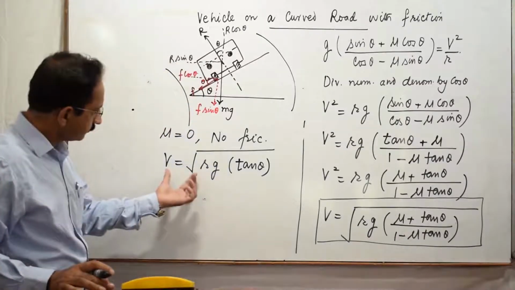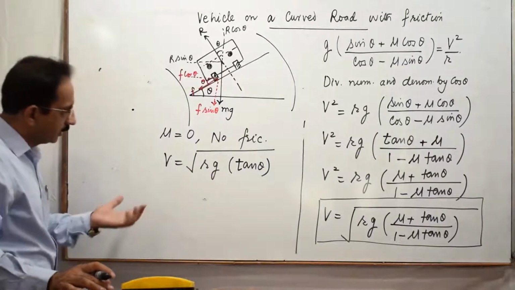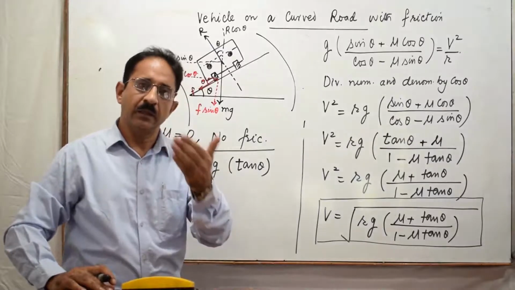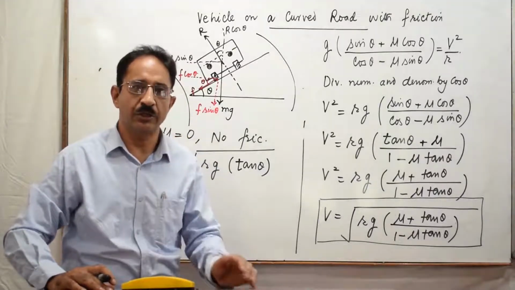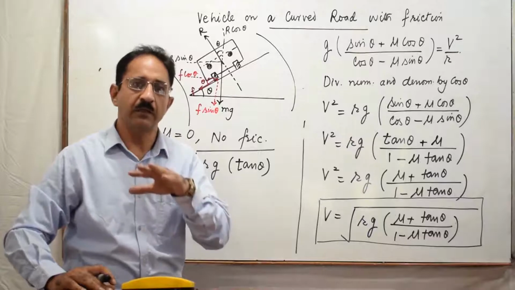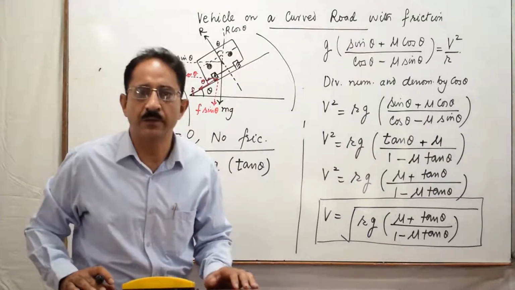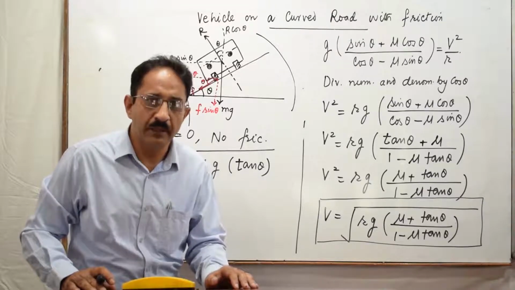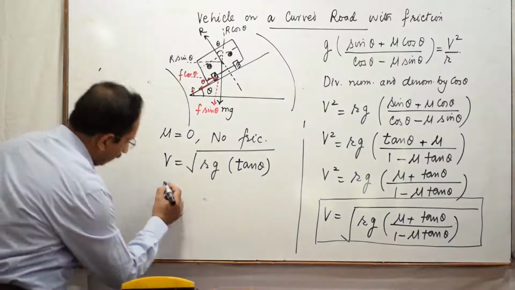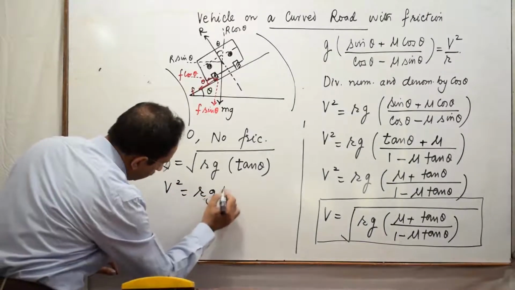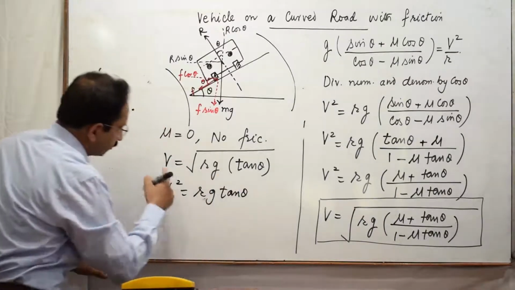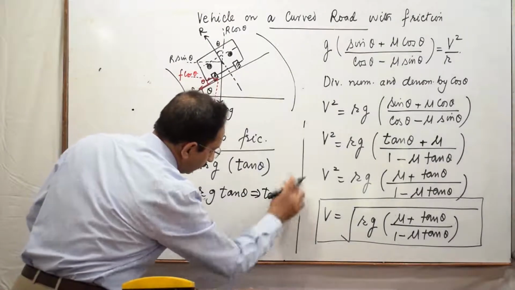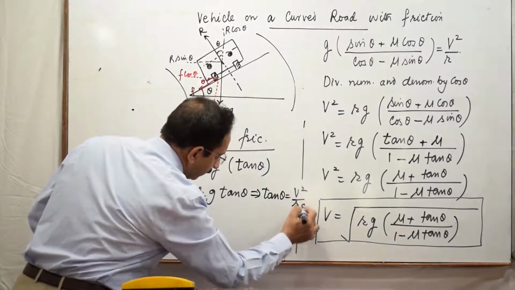And from this equation, you can also obtain sometimes कि अगर आप चाहते हैं कि एक खास velocity से vehicle को negotiate करना है, फिर road की banking कितनी होनी चाहिए, that becomes a very useful concept when we think of an aeroplane or a cyclist bending or leaning. तो उसके लिए we have v square equal to rg tan theta. तो मैं स्क्वायर कर रहा हूं दोनों साइड्स को, और you see tan theta will be equal to v square divided by rg.